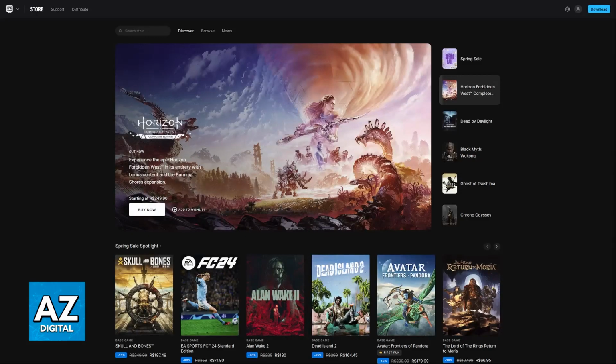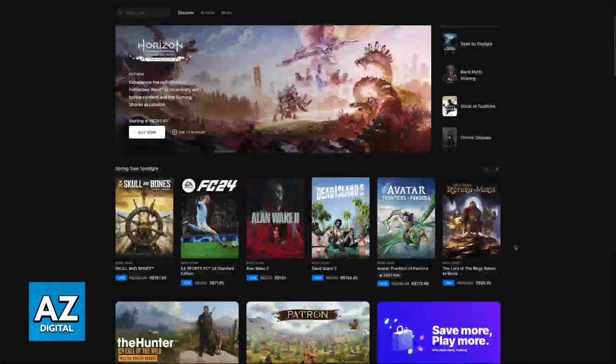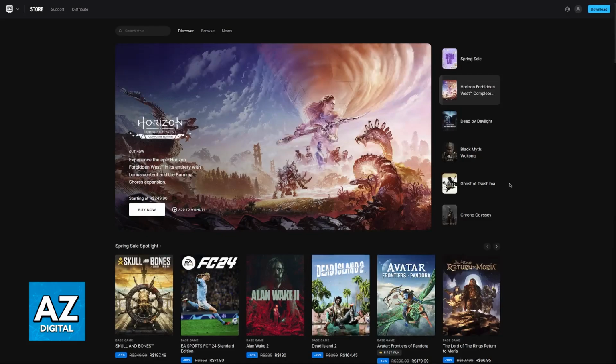All that you have to do is create an Epic Games account. To start this process, look for the Epic Games website on Google and you will arrive at this page. You can also go to the Fortnite website alternatively, but assuming that you are on the Epic Games website at store.epicgames.com, you will be able to start the process of creating your Fortnite account by clicking on this little user icon. So if you look at the navigation bar, you can click on this little user icon.